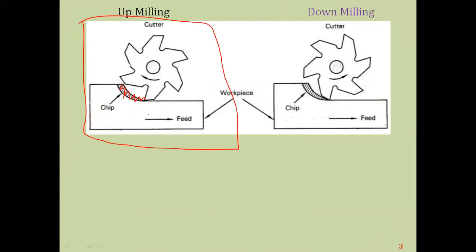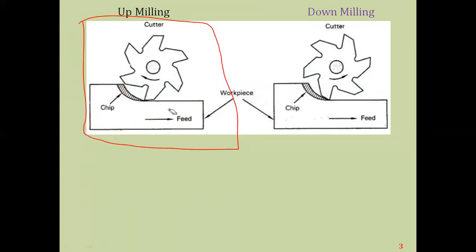And feed is regarding the working force, which is mounted. When the workpiece is mounted on the table, we are applying the feed on the work table such that it can move in either direction, such that this multi-point cutting tool can remove this particular material. So now we are discussing the first method of milling, that is the up milling cutter. This is the up milling cutter.